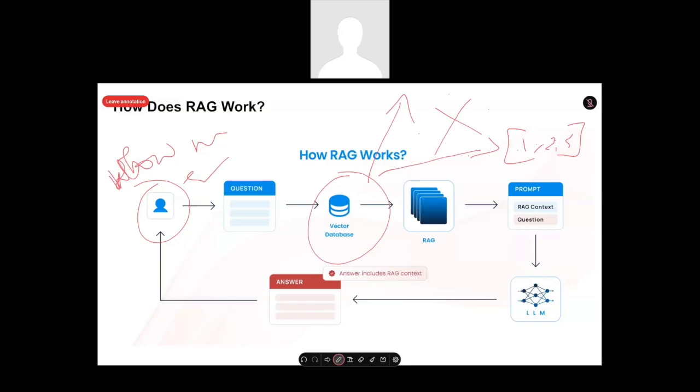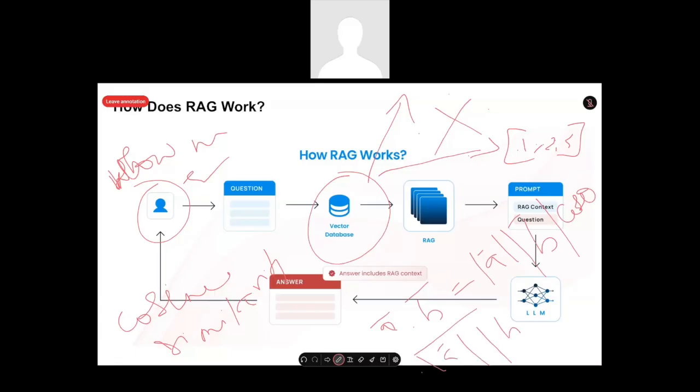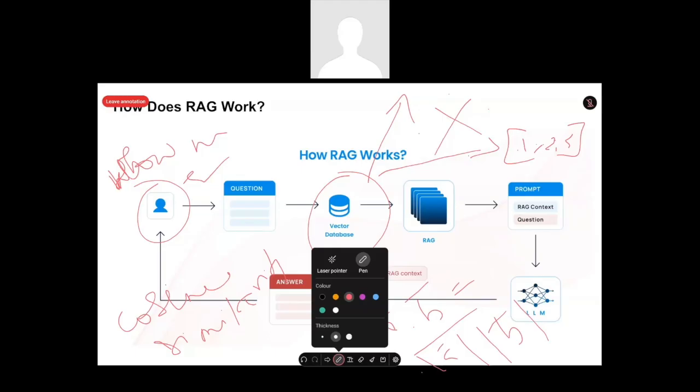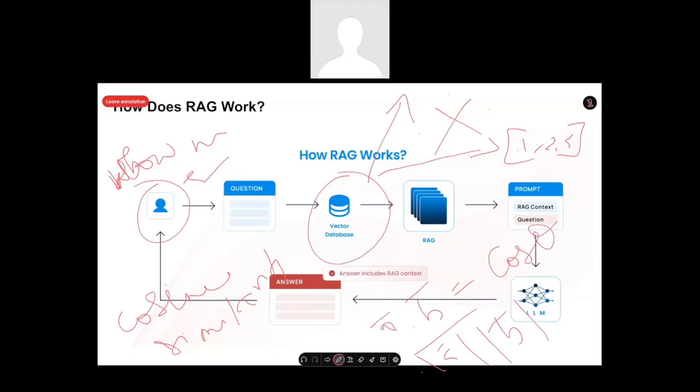I hope everyone is aware of the concept of cosine similarity, or the dot product. So we have A vector dot B vector equal to mod A vector mod B vector cos theta. So what is cos theta? It is the dot product divided by mod A mod B. This A vector is your query vector.